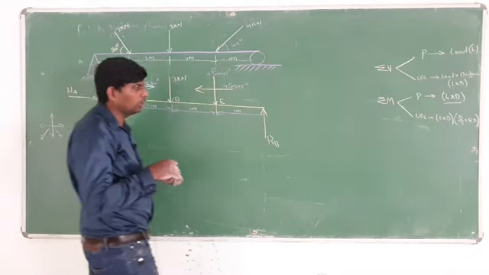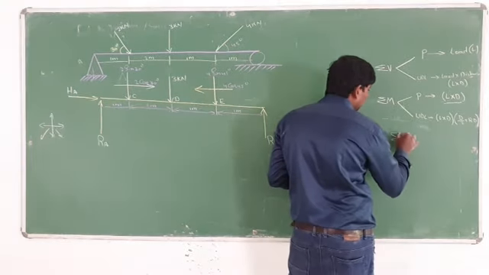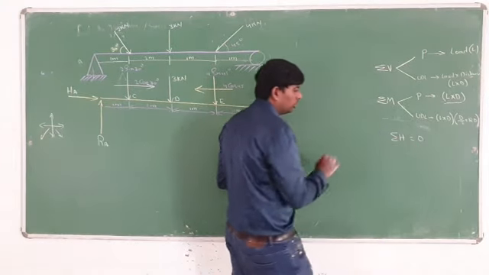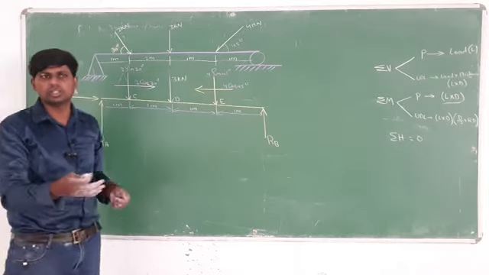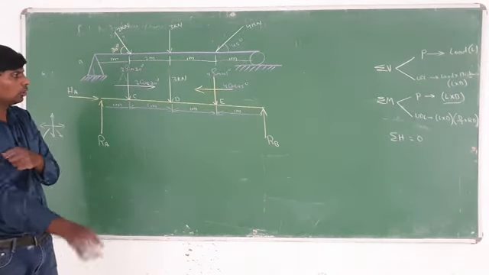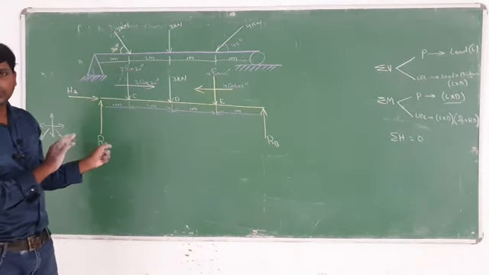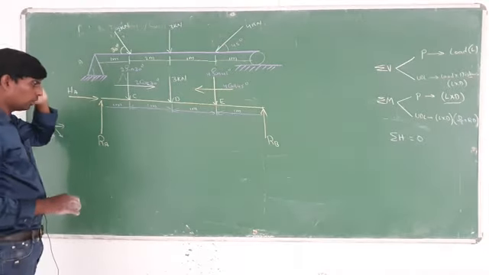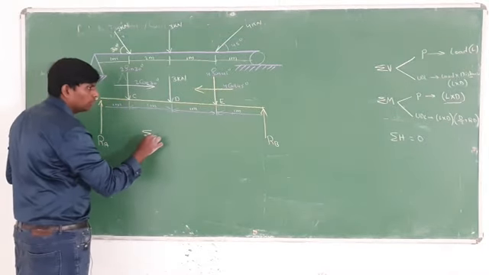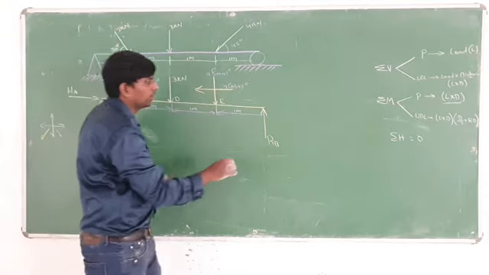What do you have to add here? Sum of horizontal forces is equal to 0, you also have to add, where right side forces equal left side forces. I will tell you. Till here, any doubt? Clear, everyone? Now, first what do you have to do? Sum of vertical, I will do vertical here.